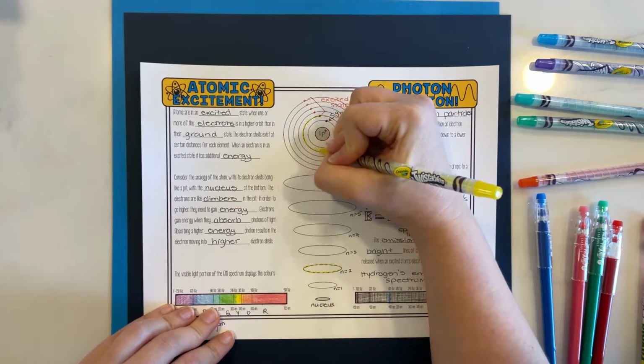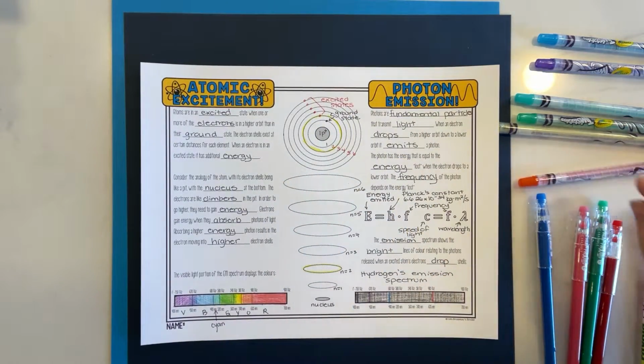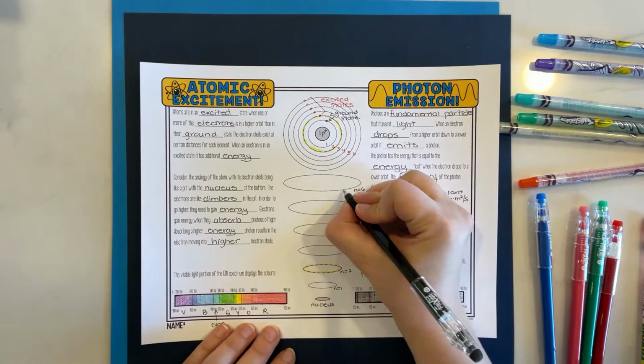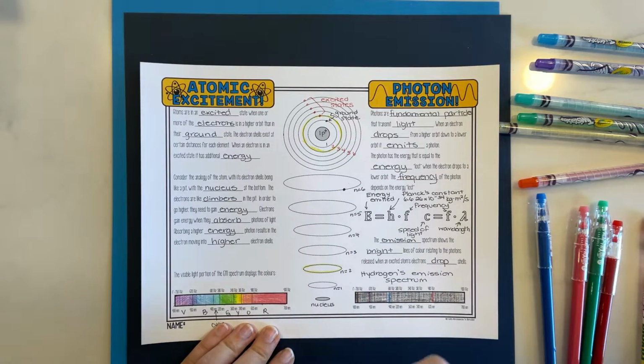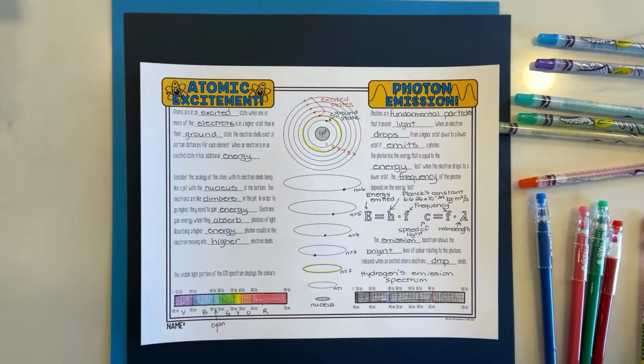I also make a point for my students to make the shape a little bit different. But what they're seeing when they see the emission spectrum for hydrogen is electrons from higher orbitals dropping down to n equals 2. So the electricity passed through and brought electrons up to the 6th orbital, or the 5th orbital, the 4th, the 3rd. And when these electrons now drop down to the 2nd orbital, they're going to emit a certain amount of